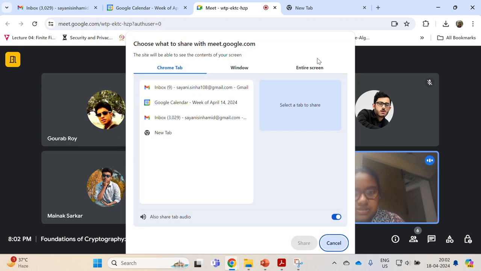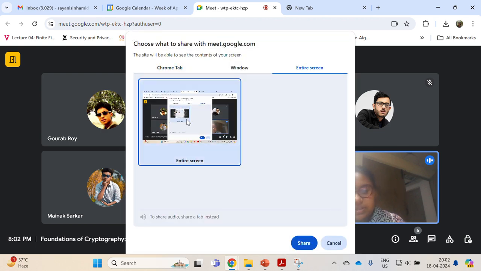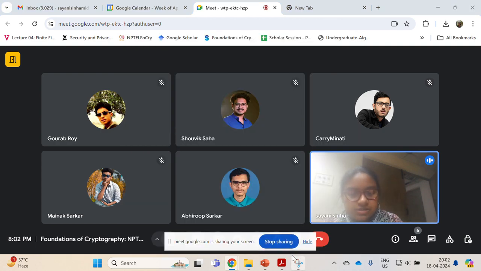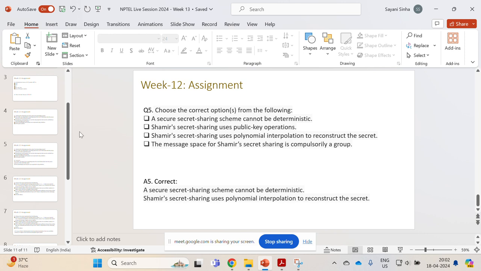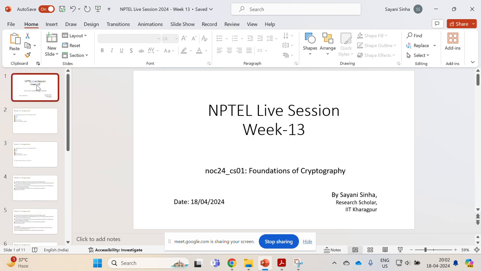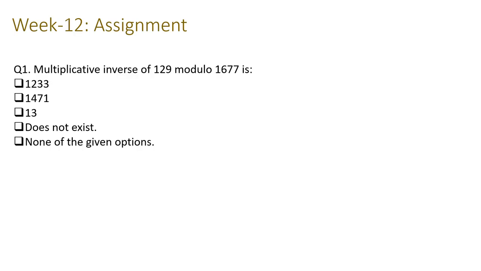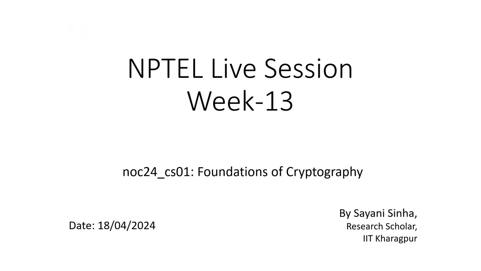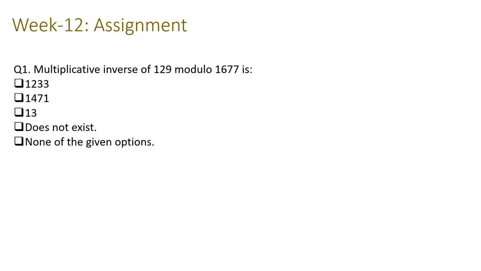Let me just share my screen, and what I will do today is discuss the 5 questions from the NPTEL website for last week, and then we can discuss if anyone has any doubt. So let us start. The first question of last week's assignment was this: multiplicative inverse of 129 modulo 1677 is